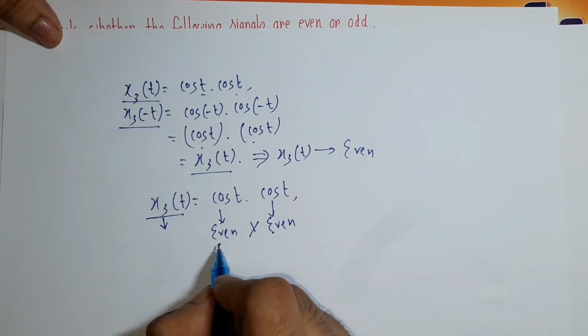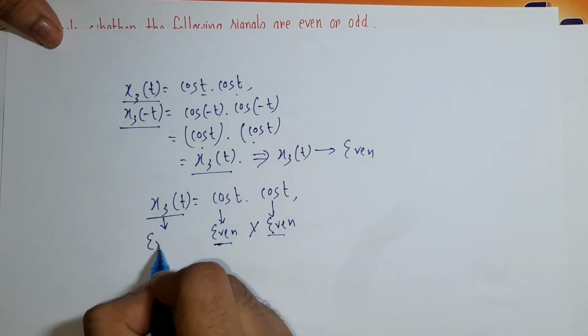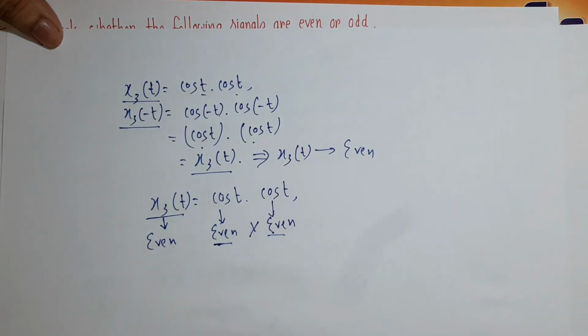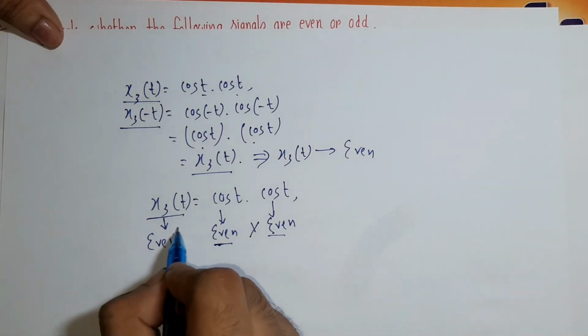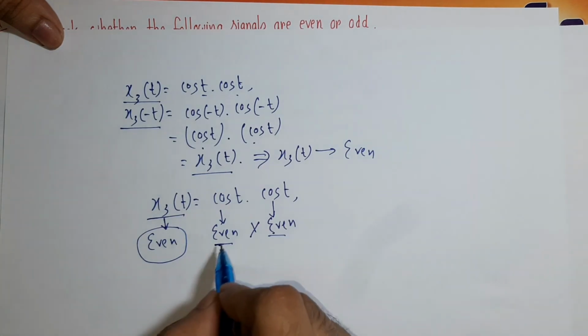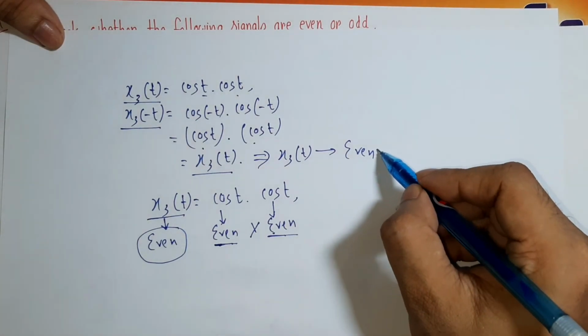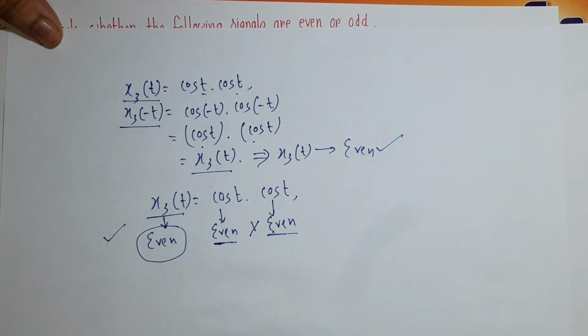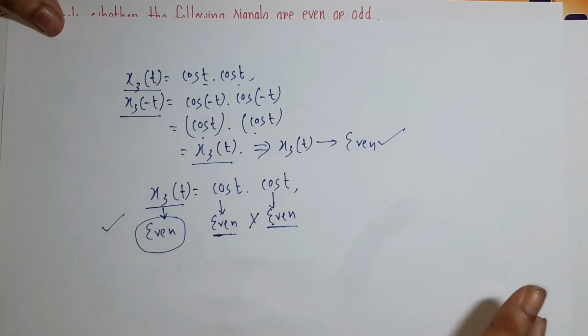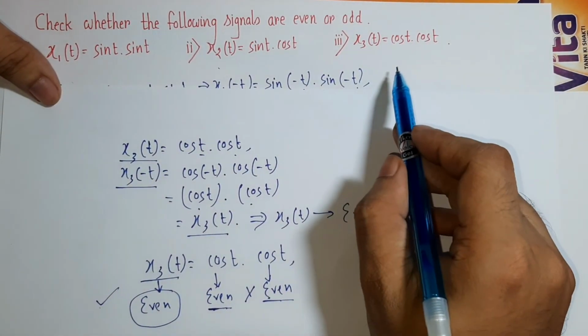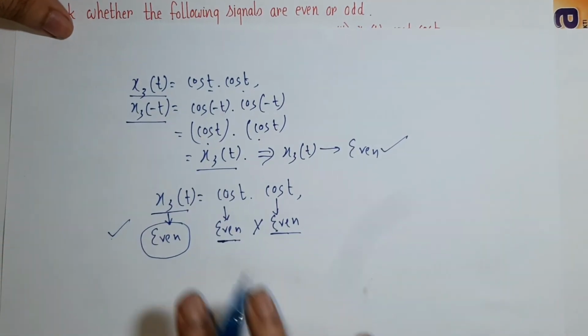And in the lecture on the properties of even and odd signals, I have explained in detail with an example that the product of two even signals is an even signal in itself. So if you haven't watched that video, then please go to that video, watch the video on the properties of even and odd signals, and then come back to this. So you observe that x3t should be an even signal because it is obtained by the multiplication of two even signals. So see, you can use this way to solve, or you can use this shortcut way to solve. The final answer that you will obtain will be the same, right? So the third signal, that is x3t, is an even signal.